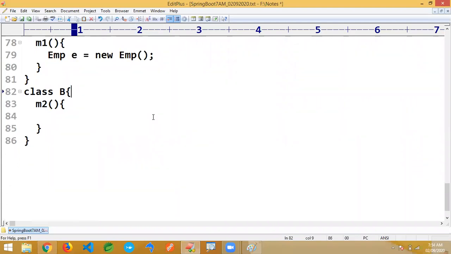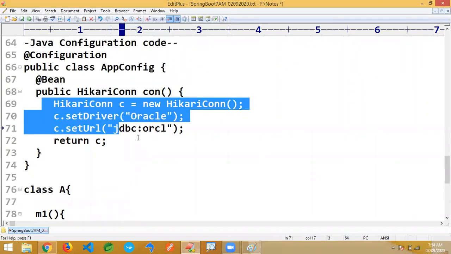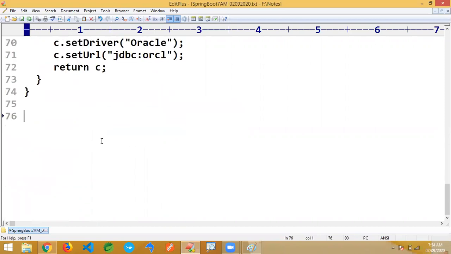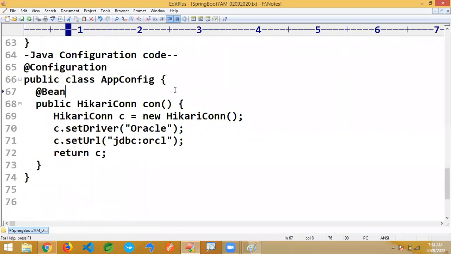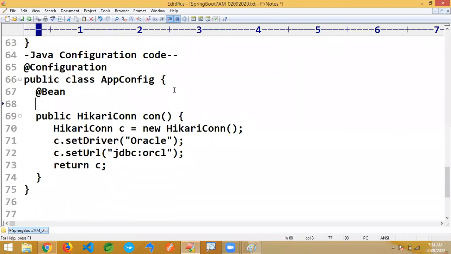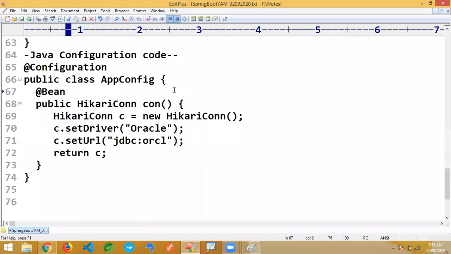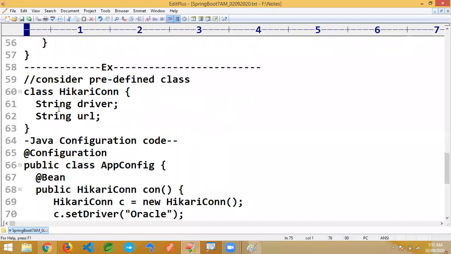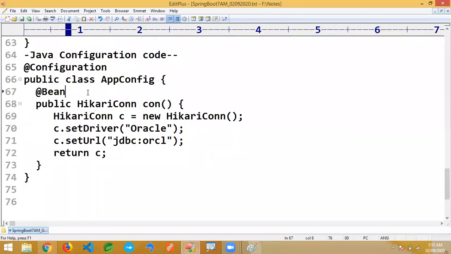As one student asked, I just explained, but later we are going to see in depth, step by step, how it works with the scope concept and the injection concept. By default it's singleton, correct? Yes, Tanuja, correct. Scope is nothing but the @Scope annotation. I'll show later. We generally have singleton, prototype, request, session, and context specific scopes. Let us finish this, then we'll go to other concepts one by one. By default singleton: only one object is created for the application.